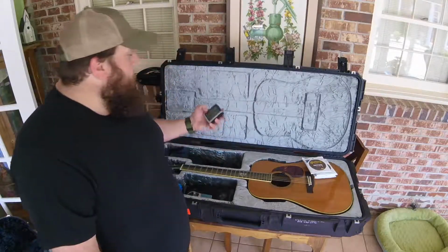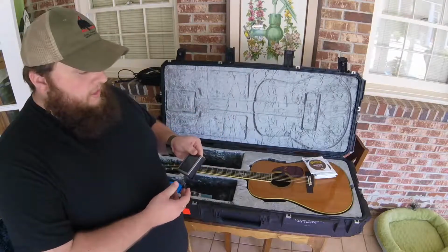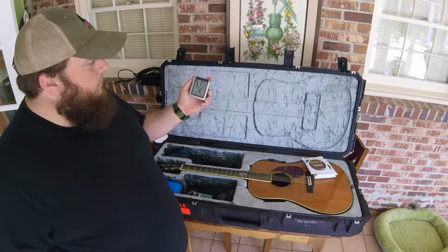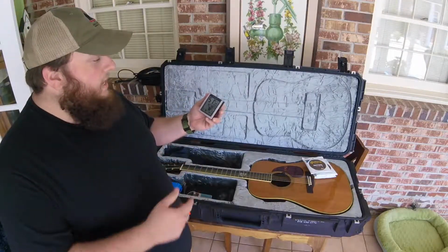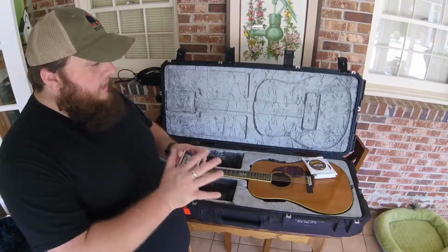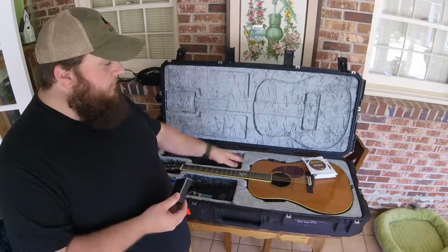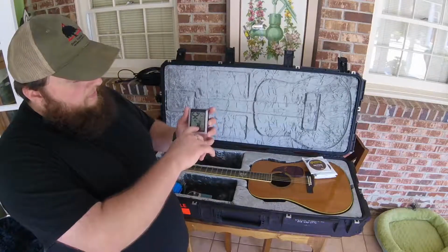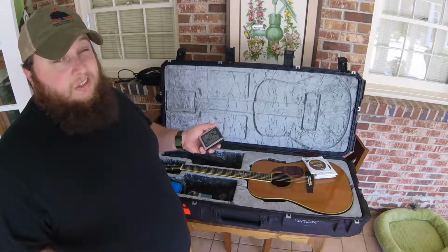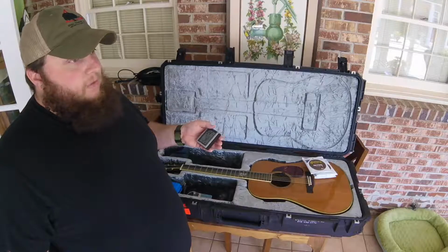Another good thing that a lot of people don't think about, if you're doing more than, say, playing at a club or something in town and you're going to be gone for a couple of days, it's really good to keep a humidity meter, a humidistat. They're really cheap, but they make sure that you're staying in that safety zone between 45 and 55% humidity where your guitar is comfortable. And also, the ones I get have the thermostat in them, so I make sure that if it's sitting in my car, it's not getting too hot, or if they're on stage or something like that